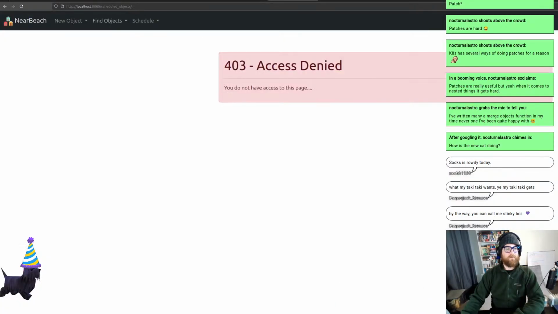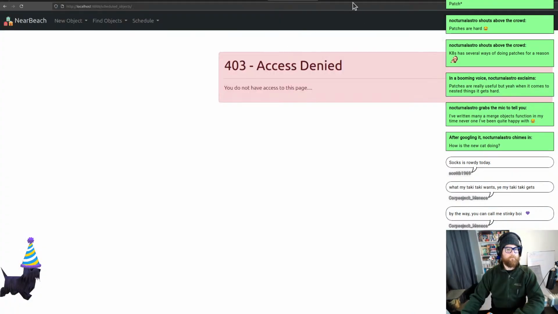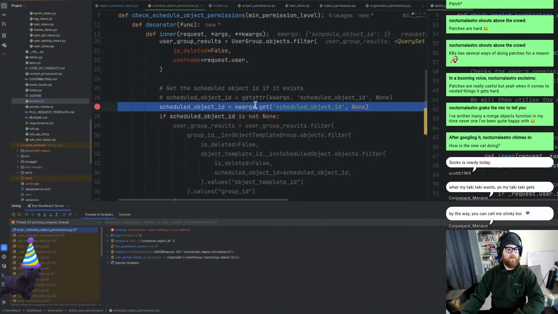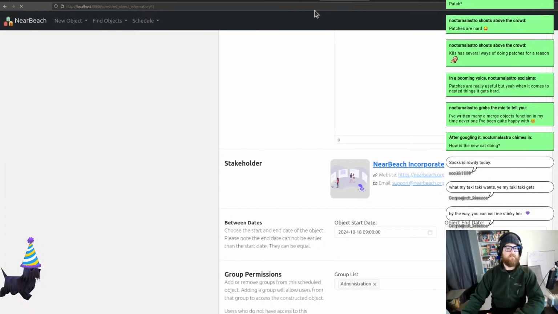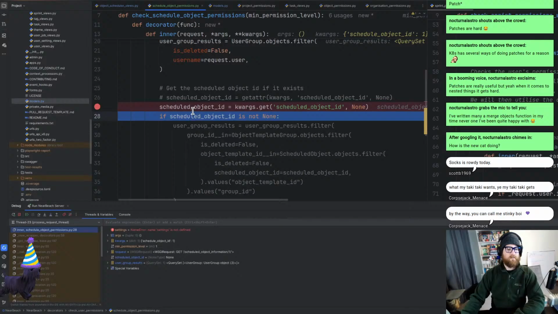All right, still doing that for that. I'm going to put a breakpoint on here. I'm going to hit refresh. So we've hit this at kwargs.get. Have I done that correctly? Yeah, dict.get. We're going to move that forward. So the scheduled object ID, oh, it's still none, is